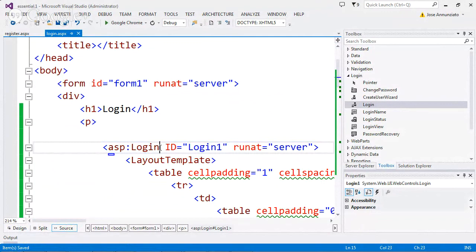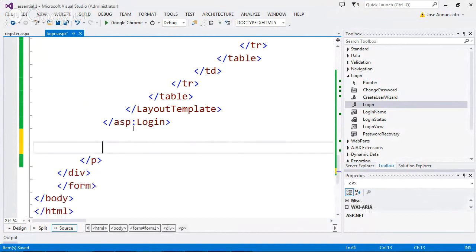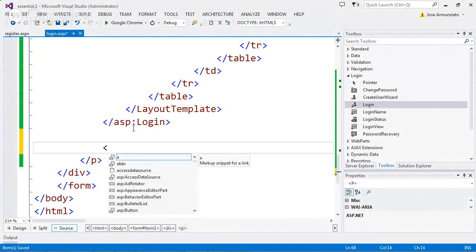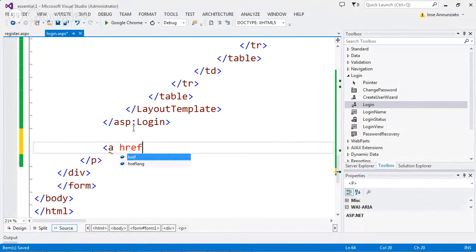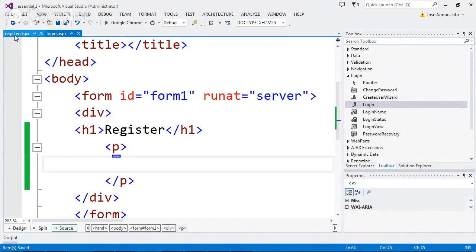If you want. Okay. Here we're also going to add a link that is going to take us to the registration page. Register. Okay. Register. So if we run this, I'm sorry. In the register page, we're going to add now